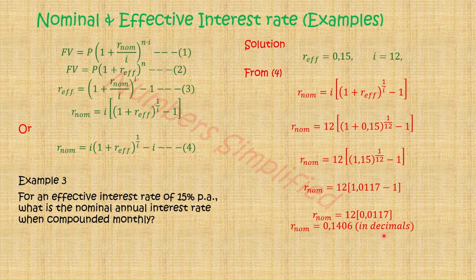So if that is in decimals, this implies that as a percentage, we are going to get 14.06%. And note, this nominal interest rate is lower than the effective interest rate, and that is what is expected within a year. So that is the